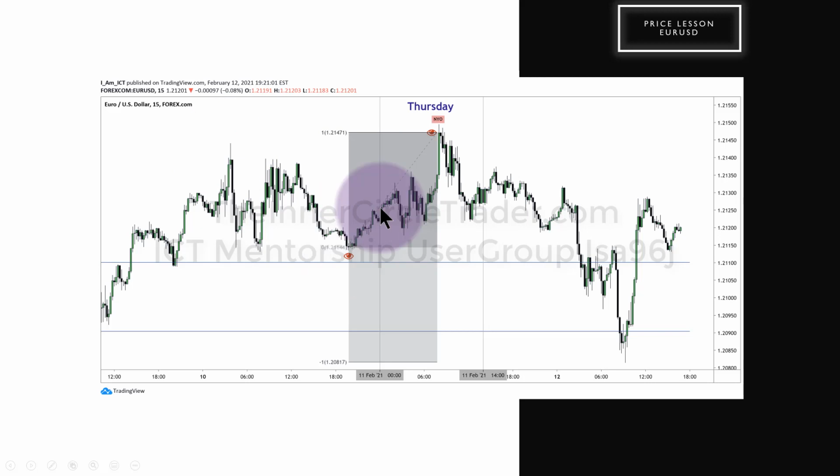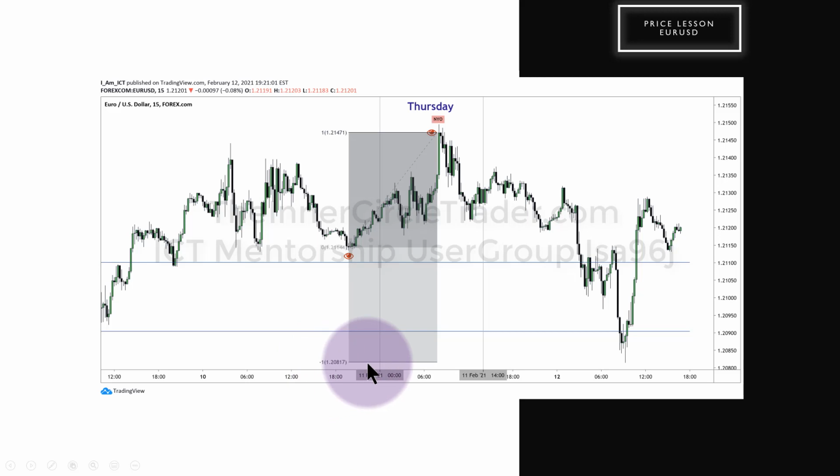So I use this low that leads to this high here. So that is your dealing range that you work with for projecting downside standard deviations of 1. So this was one standard deviation going up to take the buy side liquidity out over here, but also forming the weekly high. Now we're going to take a huge quantum leap forward. If this is the high of the week and we take out this low, how far can we go down? Well, we can go down to 20% of the weekly range. We can go down to 30% of the weekly range. But in case we get a little animated, where's it going?